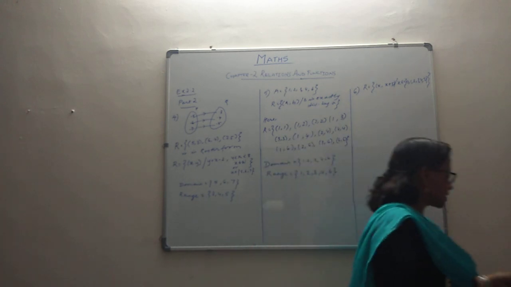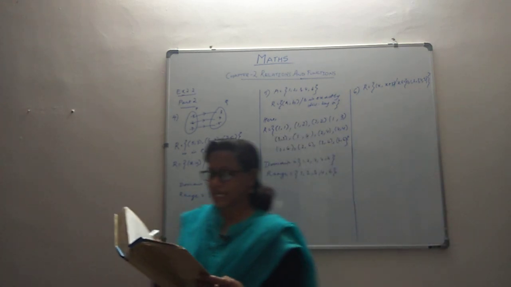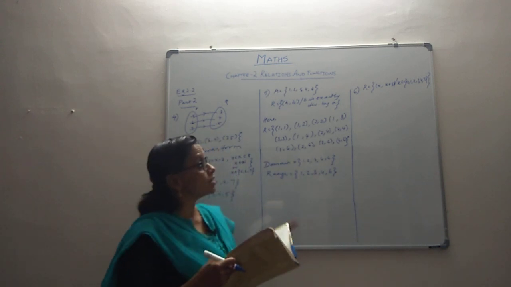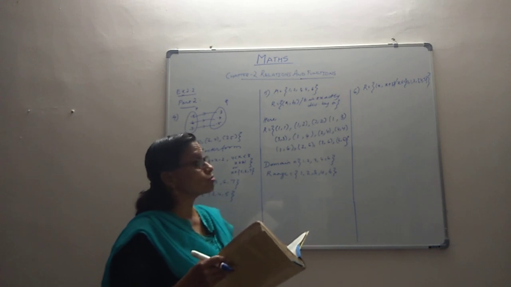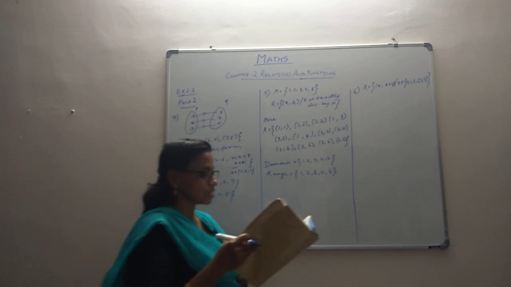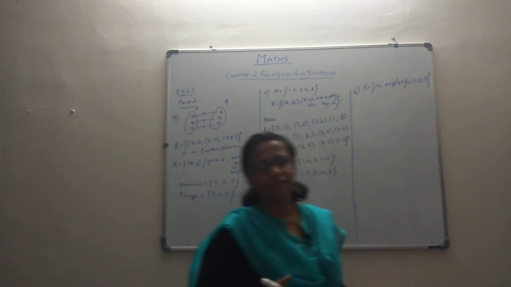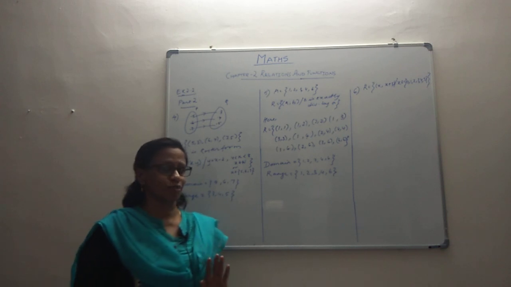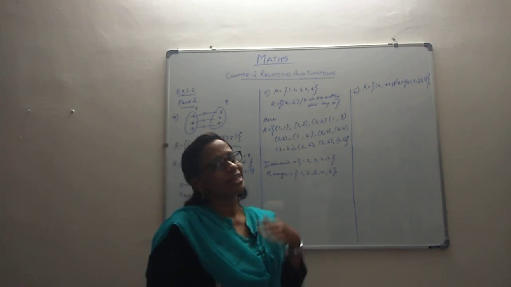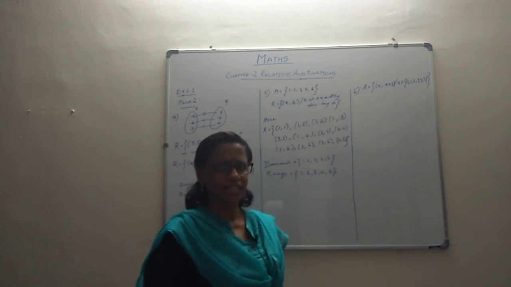Now we come to question number 6. In question number 6, they say determine the domain and range of the relation which is given by that condition, where x belongs to the set there. So they are asking us to find the domain and range of this relation. Now this relation is given in set builder form, and in set builder form it's not easy to interpret. So let's get it in roster form. Once we get it in roster form, then maybe it will be easy for us to find the domain and range that they ask.